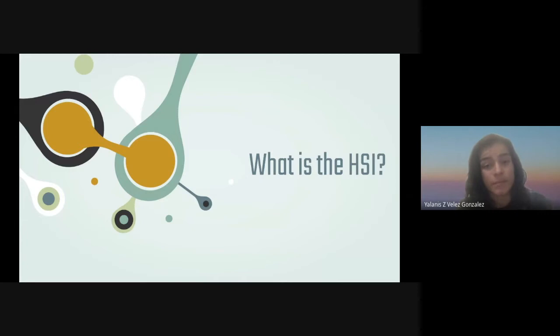So what is the HSI? The HSI model is a new perspective that you can take whenever you consider human behavior and the world around you. So it serves as a guide or a cognitive tool, and it can facilitate the process of us stepping back and observing a situation so that we are able to understand it and come up with our best response, at the same time that we are helping ourselves be the people that we want to be. So the HSI is not an object, it's not something that we can buy or find somewhere. It's just a way of thinking about ourselves and the world around us.